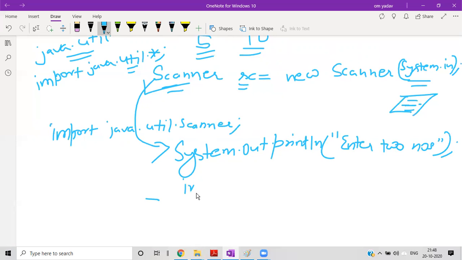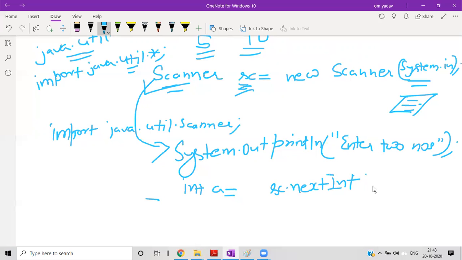Let's say int a is equal to, right, I'm taking one number from the user. Now here what we can do is, sc is the object of the Scanner class, so I can write sc.nextInt